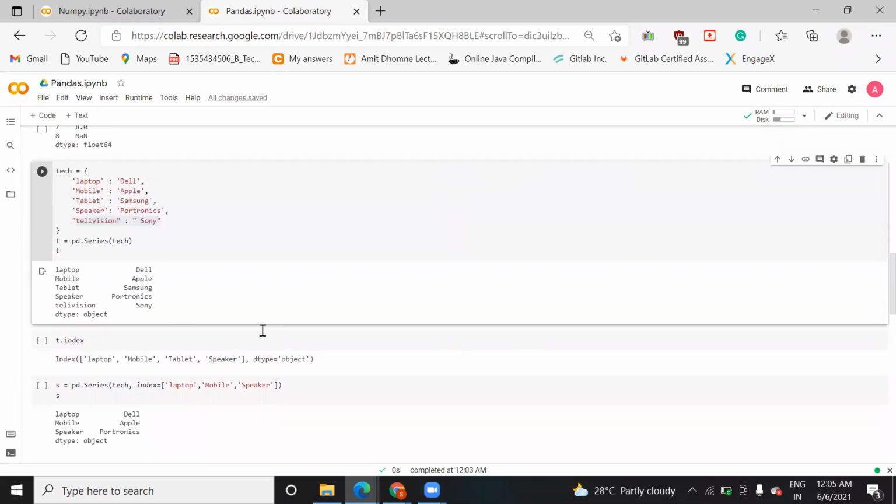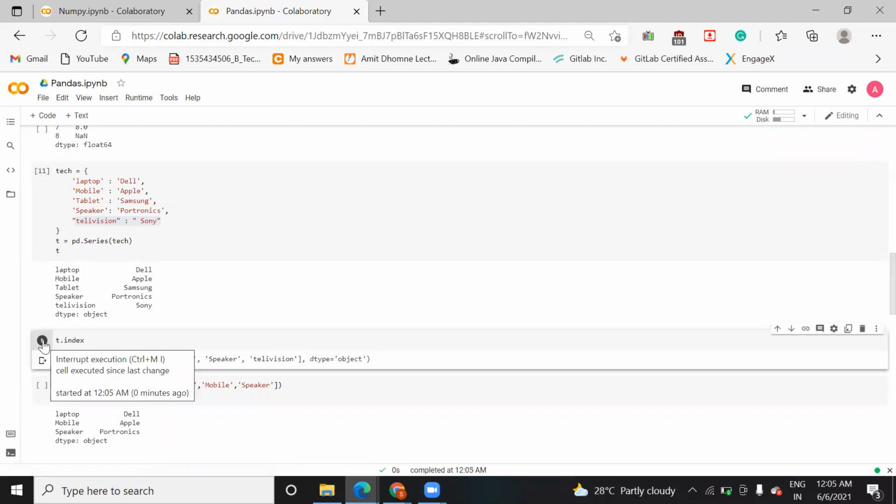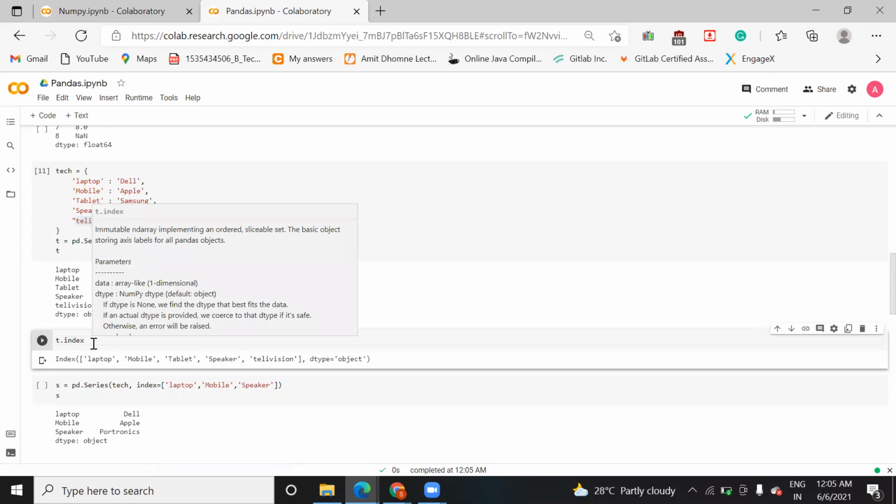So this is a data frame that I have created with the help of a Python series. In short, you are saving the data in the series, as you can see. You can also understand that with the help of this pd.Series function. Now if you want to check its index, this is your index and this is your value. You can think of it as a key-value kind of thing. So when you print t.index, the index attribute will give you the index of the elements.